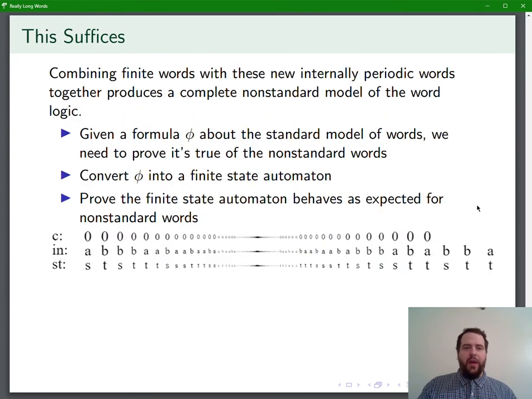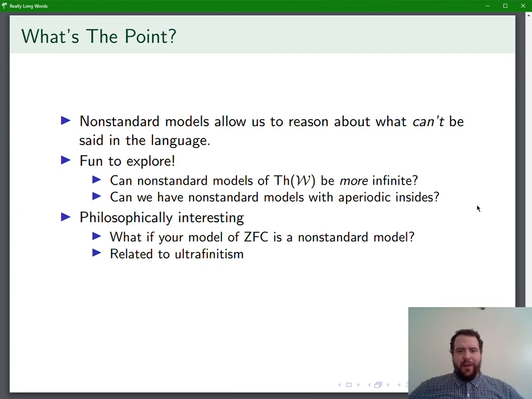Now, of course, you can throw in some more things into these non-standard models as well. So let's talk about other things that you can explore in this direction. And I guess the first thing that needs to be said about non-standard models is, why do we care about them? Well, the point of studying non-standard models is that it allows us to reason about what can't be said